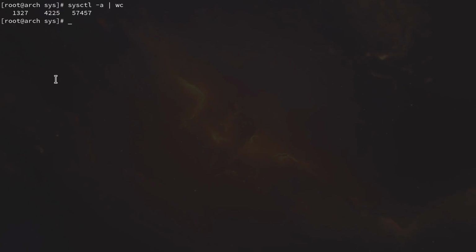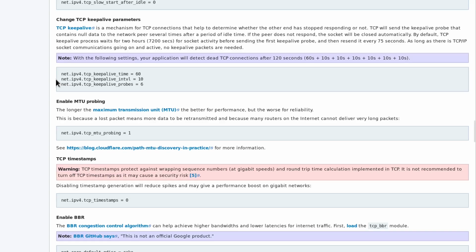So let's type in ls again, and you can see we have the net directory. The net directory is interesting because if we check again the ArchWiki, we also have net here as the first word of the line. We also have the dot here, then IPv4, and a dot again. This dot indicates that net and IPv4 are actually directories. And then the parameter itself is represented with underscores in its name. So you can see the tcp_keepalive_time parameter is under